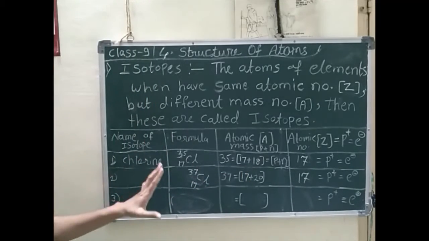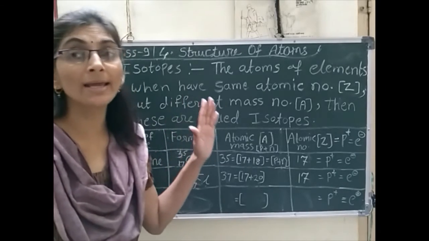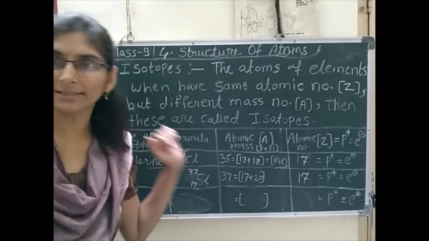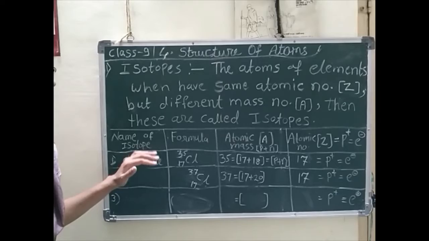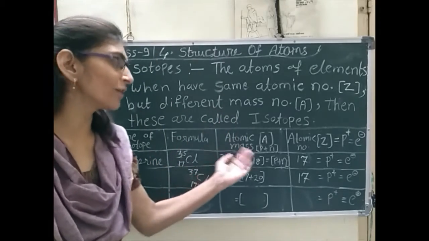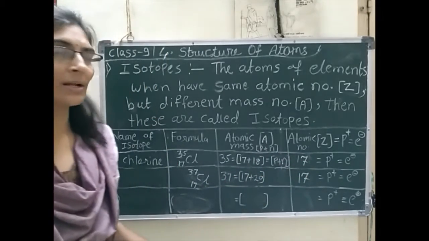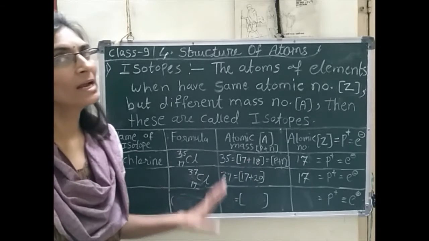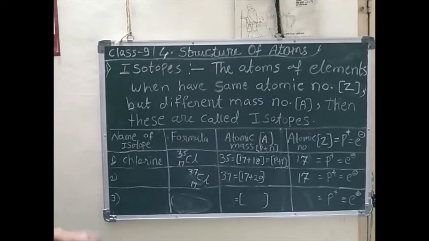So we can see the number of neutrons varies in all cases. So we can say only the number of neutrons is different. Although the atomic mass is different, we still have the same atomic number. That's why only neutrons are different in the case of isotopes. Okay, so that is also very important. This example is also very important.